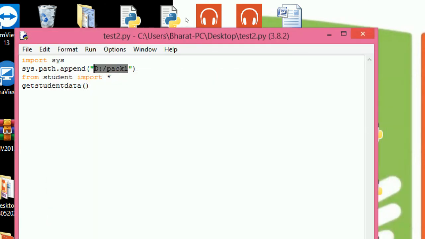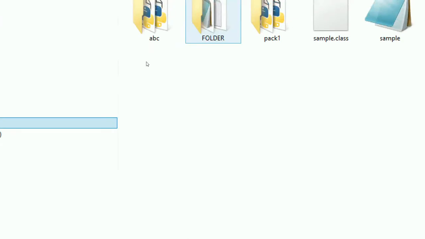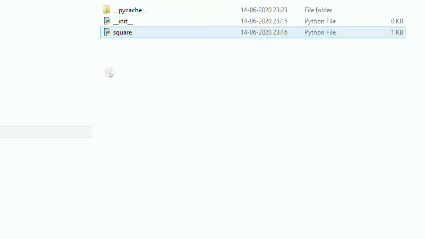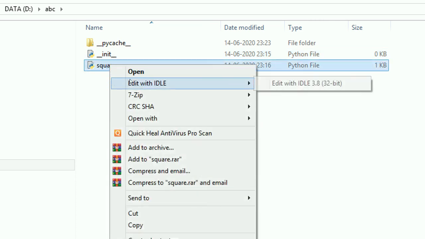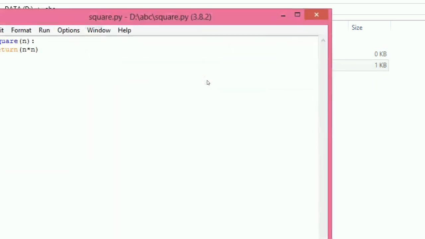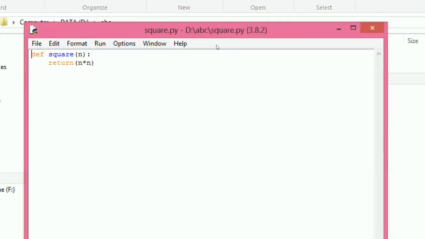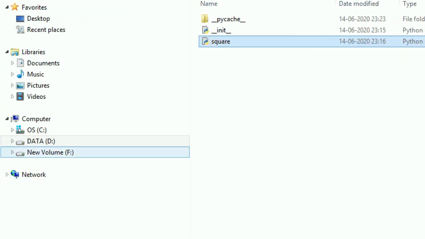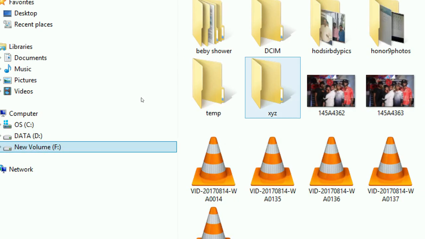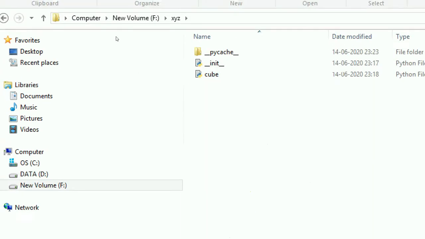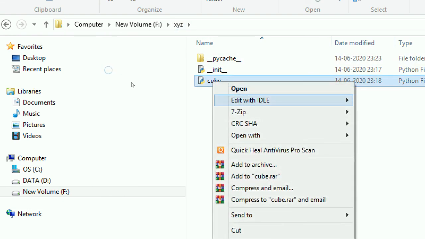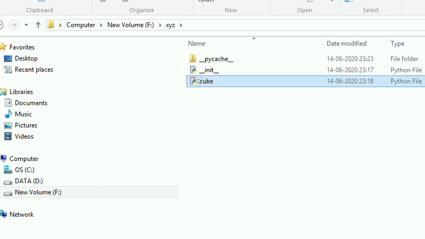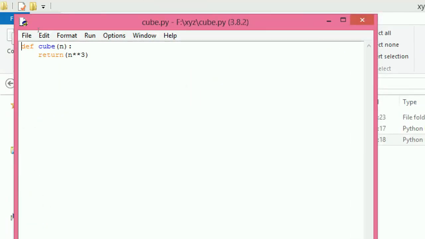So now we can see I create the ABC package in D drive. In this I save a module square. I define a function square. In a similar way, in F drive I create another folder XYZ. In this I create cube. So one is in D drive, another one is in F drive.